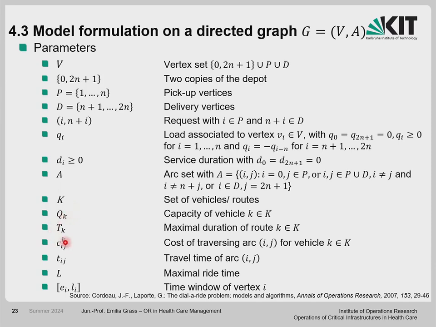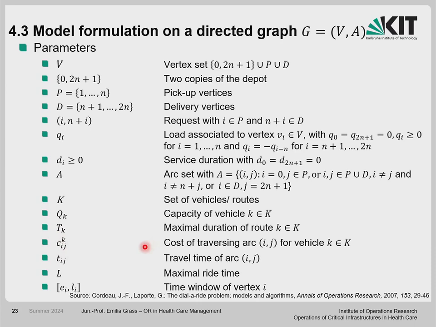Then you have the maximal duration of a route, because you don't have enough fuel, for instance, so you have to finish after 3 kilometers or whatever, or 3 hours. Then you have the associated cost of traveling a particular arc from 2 to 3,